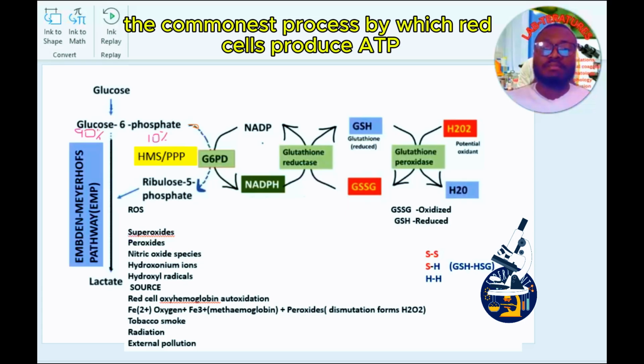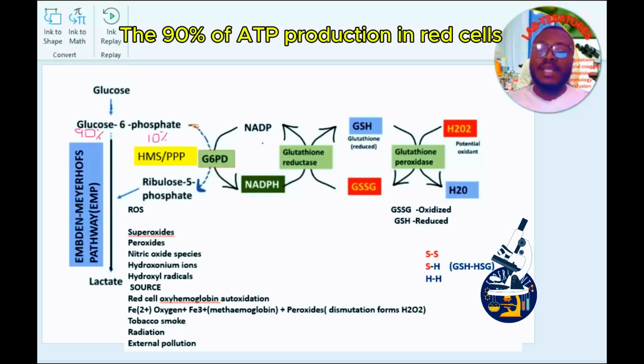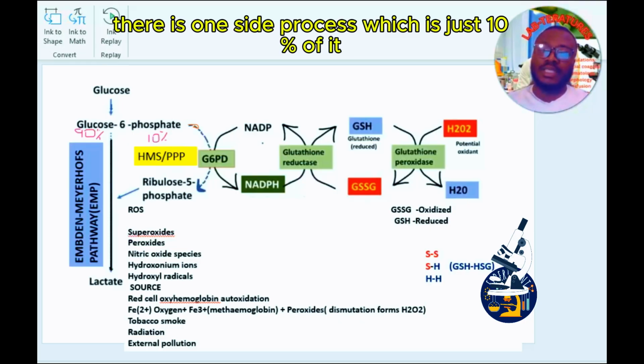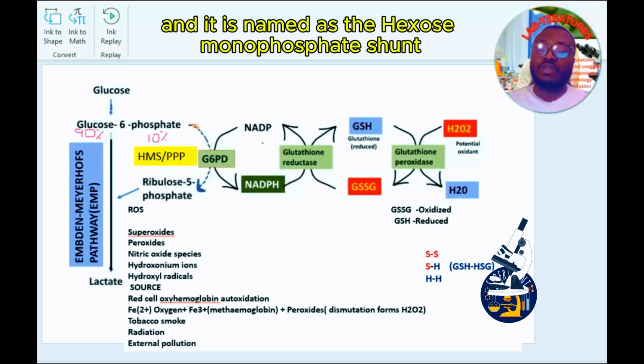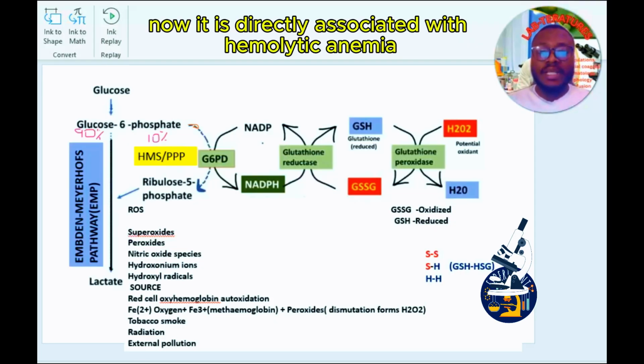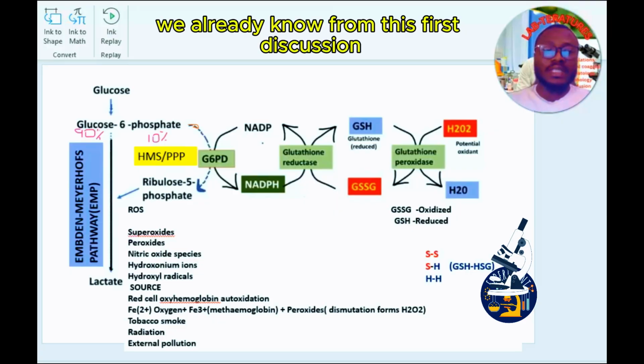Now, the commonest process by which red cells produce ATP is the prominent Embden-Meyerhof pathway. 90% of ATP production in red cells is through this Embden-Meyerhof pathway. There is one side process, which is just 10% of it, and it is named the hexose monophosphate shunt, or the pentose phosphate pathway. Now, it is directly associated with hemolytic anemia, and the interesting aspect is we already know from the first discussion,